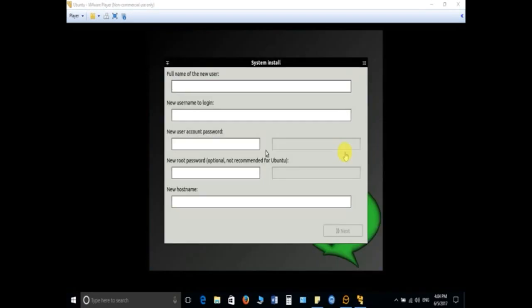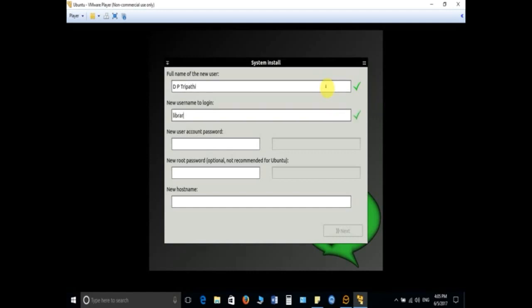Now when it completes the processing, it will show you one window where you have to enter the basic details. For example, you have to enter your username, password, your name, host name, everything. So first I am going to enter my name, for example DP Tripathi.